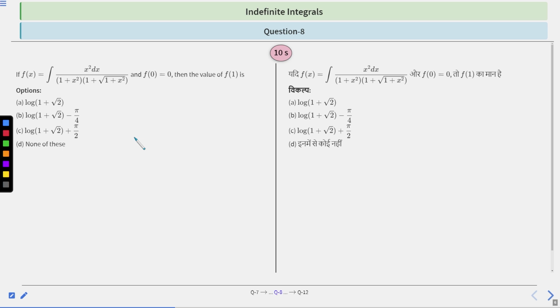Therefore, you will get 2x dx is equal to 2t dt. Clear? Like that. Or you can also do other substitutions. If in your mind there is some method which is more realistic and less time consuming, then you can apply that, right? Clear? Okay. So you have 10 seconds to solve this question. After 10 seconds, we will discuss the solution.